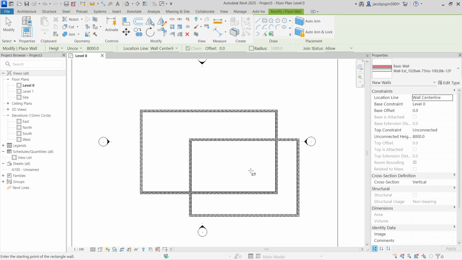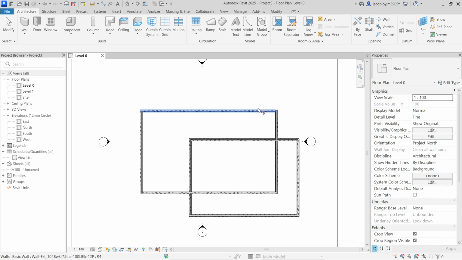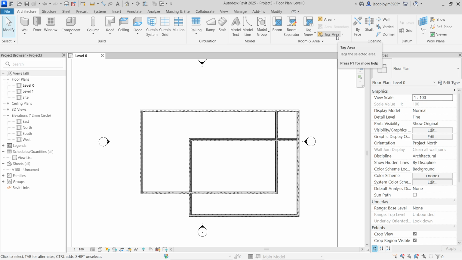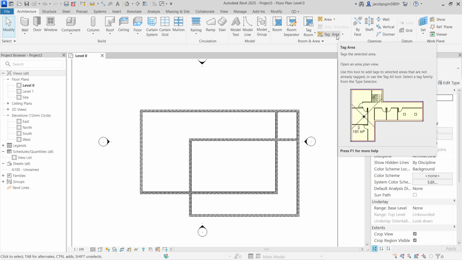Now I'm going to trim this portion. Okay, and I'm going to take Room. So here we have Room Separator and Room Tag. And we have Area Boundary, which works the same as a room separator, and Area Tag. Okay, so today we are going to learn how to solve